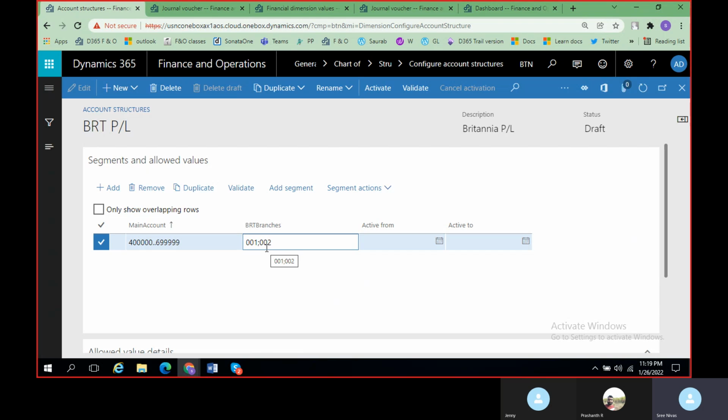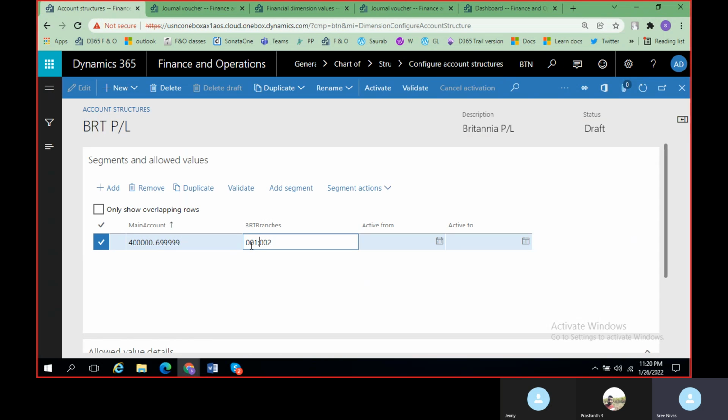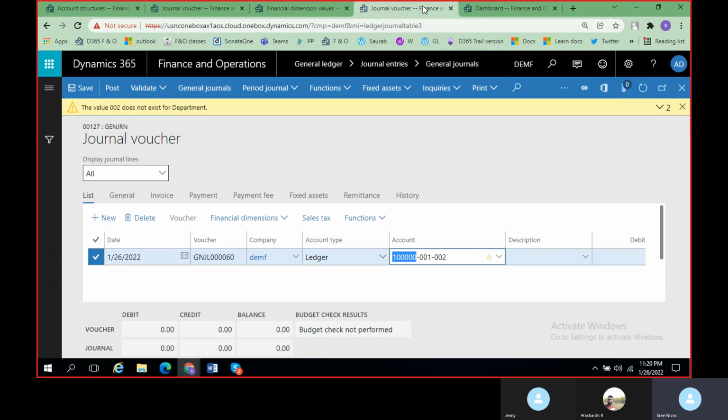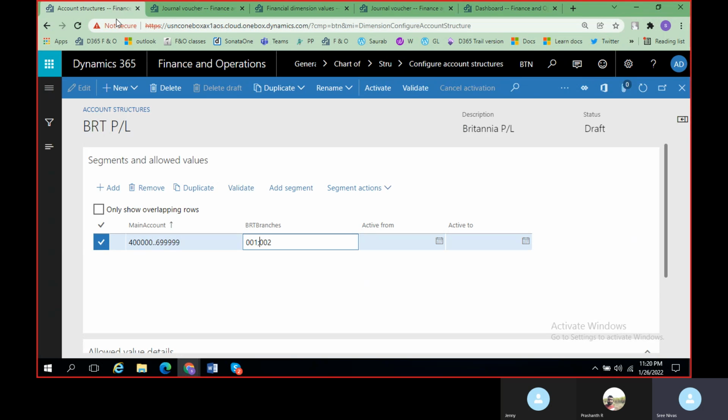And sometimes you are not sure whether a maintenance expense is related to a particular branch, and you want to leave it blank. Since you have given this range, 001 and 002, it will not allow you to post any transaction with a blank value. So if you want to give a blank value as well, then you have to give